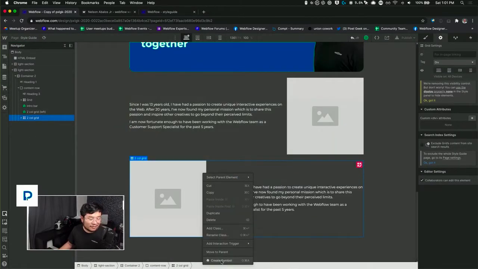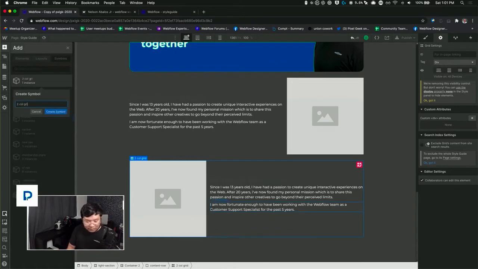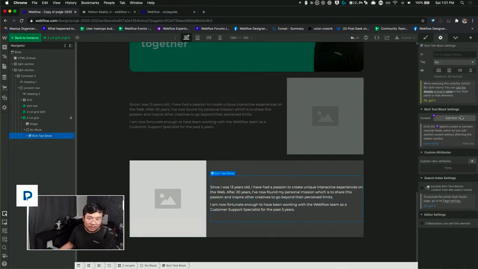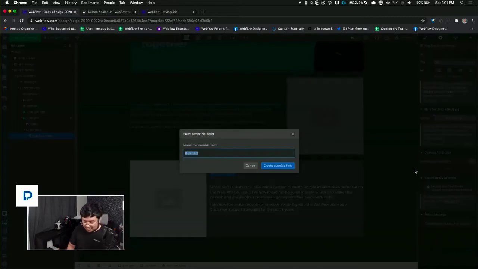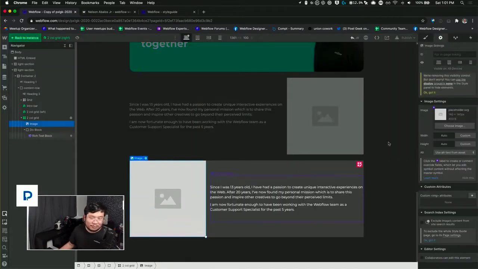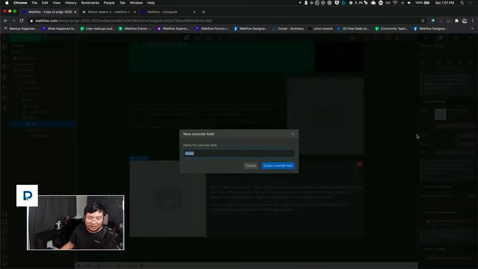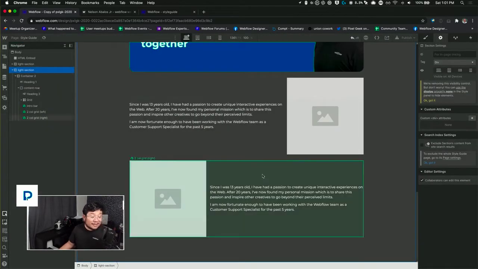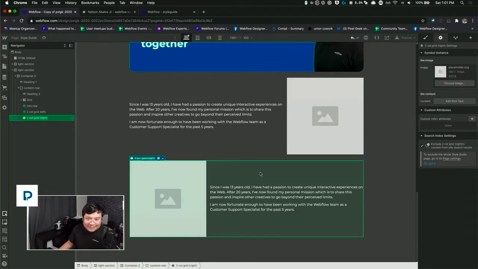Right click, create symbol, 2-col grid right. New override, oh, wait, hold on. Rich text block. Boom. The content. Click on that. Boom. The image. So if I ever reuse these, all I have to do is,